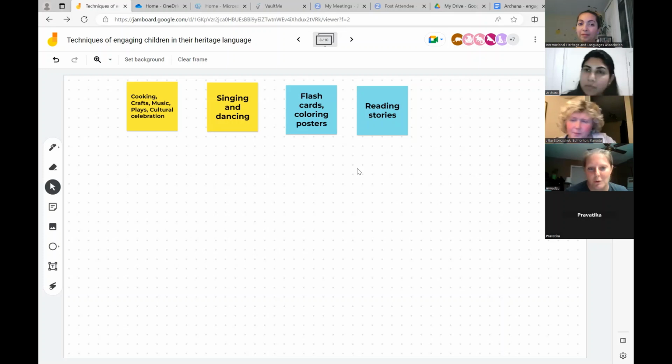Also, music. Music is engaging. It's fun. Kids can memorize words and all this stuff. Cooking. There is lots of cultural things. Kids can learn lots of words as well, like spices and this stuff. And the last thing, crafts. Crafts are engaging. The kids will get good motor skills. They can have fun, and yeah, I think that's everything we talked about in our group.